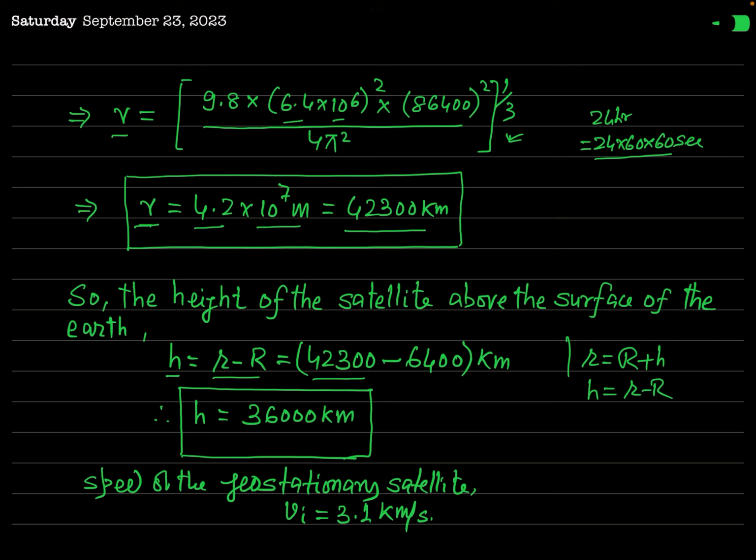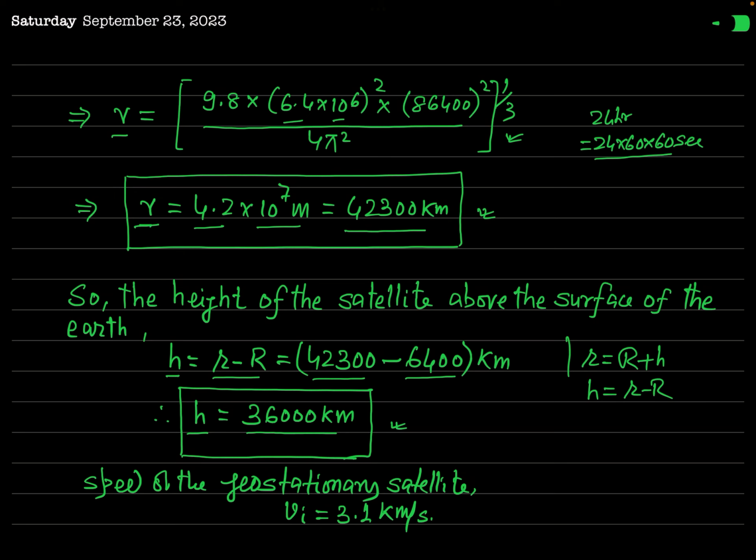42,300 kilometer minus capital R, and you know the radius of the earth is 6400 kilometer. So after subtraction you will get that the height of this geostationary satellite above the earth's surface is almost 36,000 kilometer. Both of these data you must remember. Height of the geostationary satellite from the earth's surface is 36,000 kilometer, and the radius of its orbit is 42,000